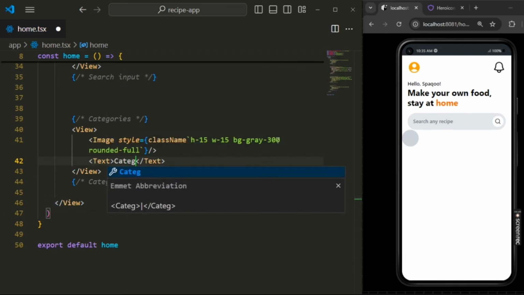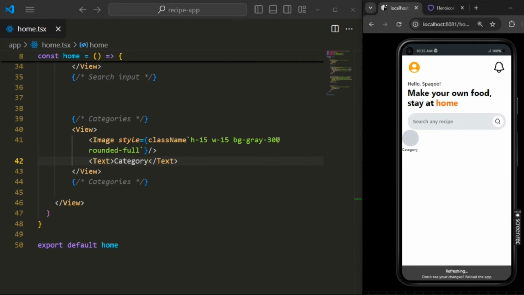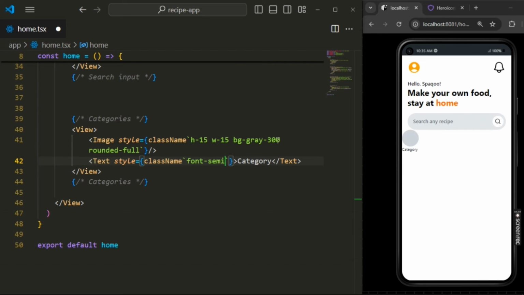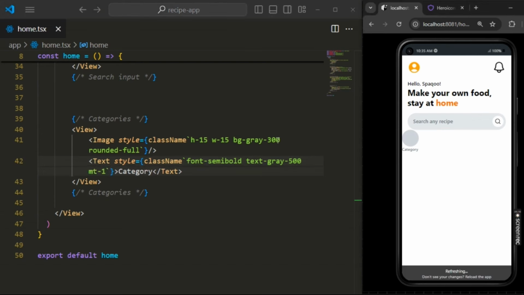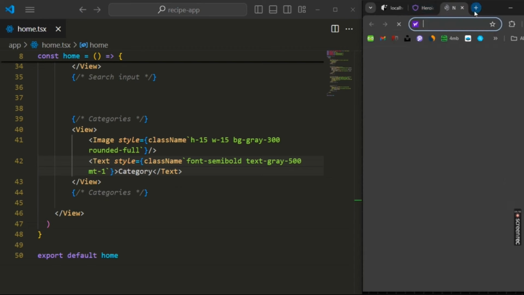Also we need a Text tag for the category after that, where we will be displaying the name of the category, and also we have to style the text. For that we are using some className like font-semibold, and we are also changing the color of the text to gray-500, and I think it's looking good. So give some padding top 1, and